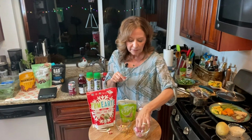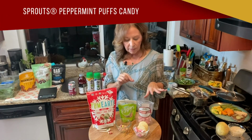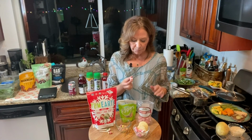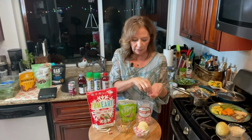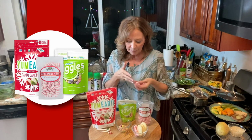You all know these red and white striped peppermint puffs we always see around the holidays. Well, this is a natural brand that's a little healthier in that it uses natural flavoring, natural peppermint oil instead of artificial peppermint flavoring. But it's still a lot of sugar, and each little puff has 3 grams of sugar. So if you eat 5 of these, you've taken in 15 grams of sugar. So again, you just have to spread out the amount, try to control the quantity, but at least these are